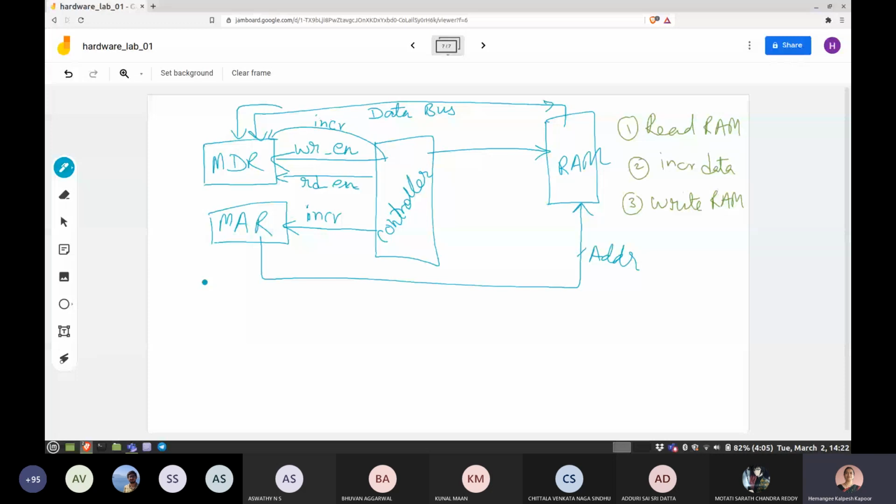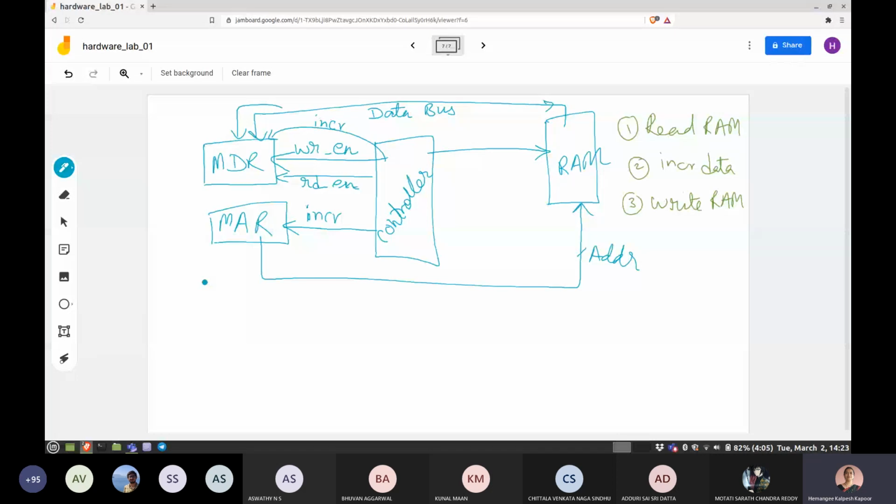Then in the subsequent, the third state, you do the increment operation on the data. So MDR plus plus happens in a subsequent step. Once this is done, you have to copy the contents of MDR to the RAM. So for this, you have to send the read enable to MDR and the write enable to the RAM, so that MDR is read and RAM gets written. Okay, so this all happens in one clock cycle. A state after that, the MAR has to be incremented because you have to go sequentially into the next location of the RAM. So another state to do MAR plus plus.